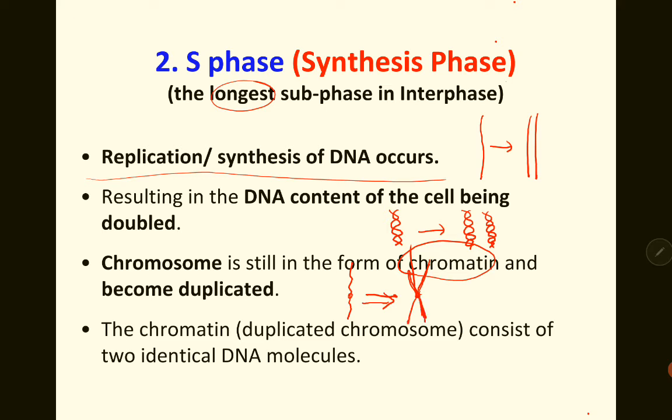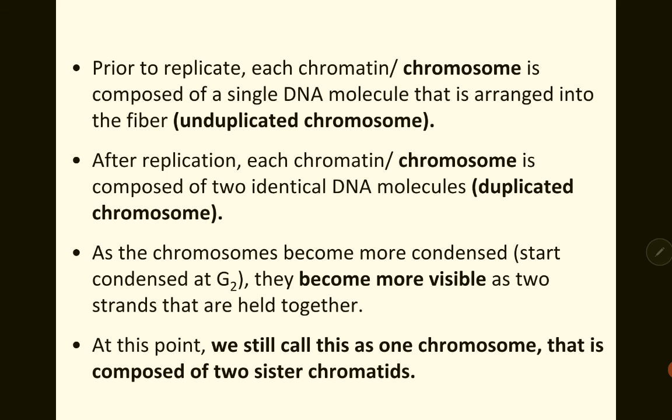Alright, so the duplicated chromosome, they consist two identical DNA molecules. So before the replication process occurs, the chromosome composed of only single DNA, which is arranged into the fiber, the unduplicated chromosome. After the replication process, each chromatin or the chromosome, they compose of two identical DNA molecule, which is